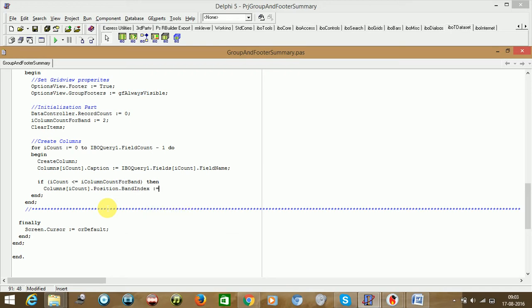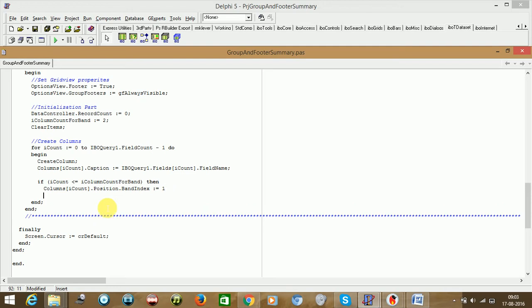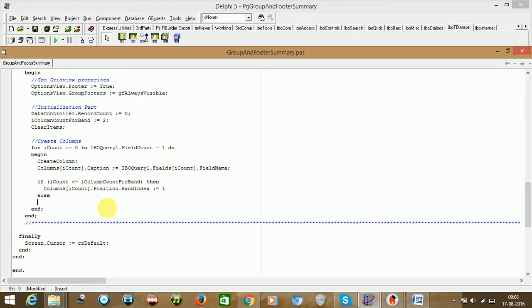So we will be hard coding it to 1. If it is not more than that, then it has to be 2. Okay, now this part we have done successfully.